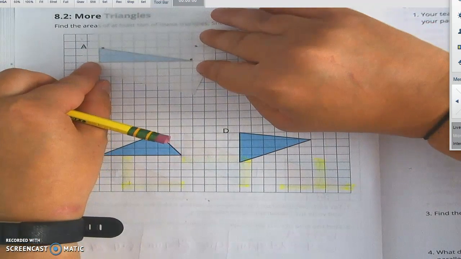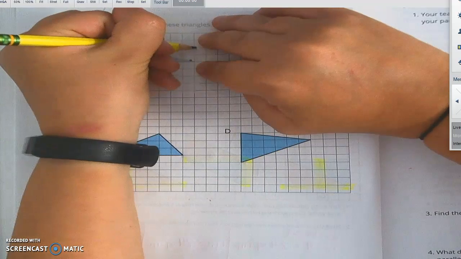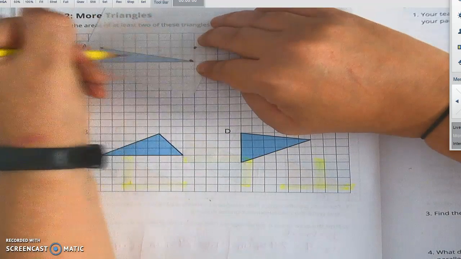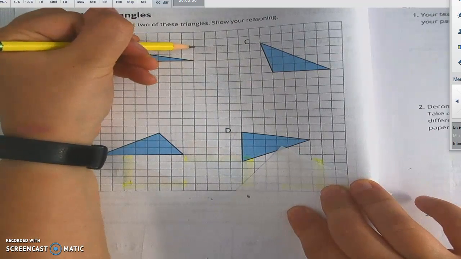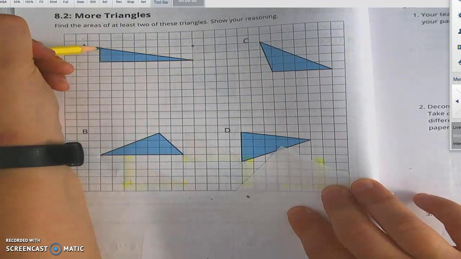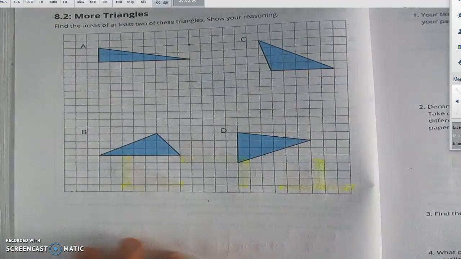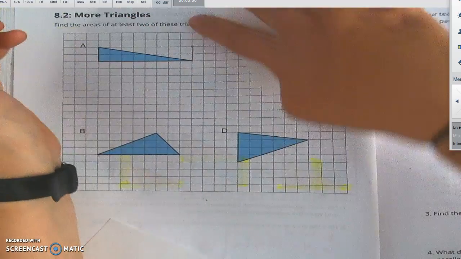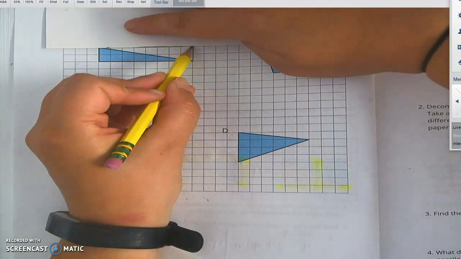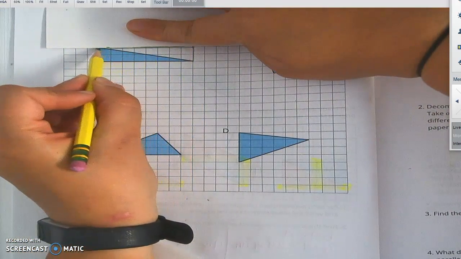There we go. And now use my pencil to kind of press down a little bit. And it's not real sharp, but there are my 3 dots. And this one, because it was a right angle,